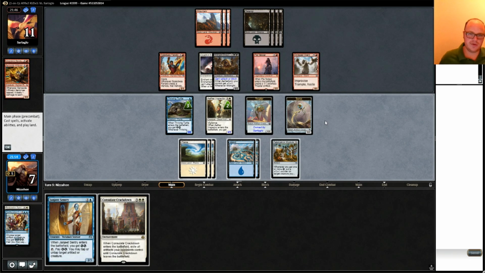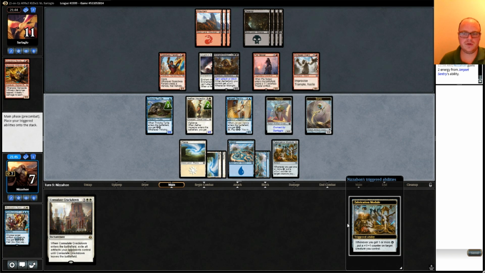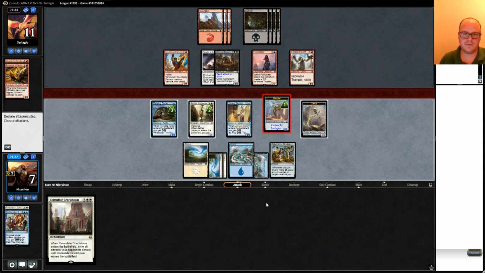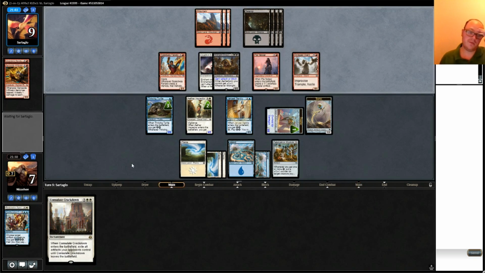Consulate Crackdown doesn't do anything right now. It might be a card worth thinking about siding out. I'm going to play Janjeet Sentry. We're going to get some more energy rolling here. I'm going to put the energy now on this Thopter that our opponent so graciously donated to us. Yeah, that's all I'm going to attack with is the Thopter. I'm going to leave everybody else back. Making another blocker with my Aether Inspector wouldn't hurt, but...